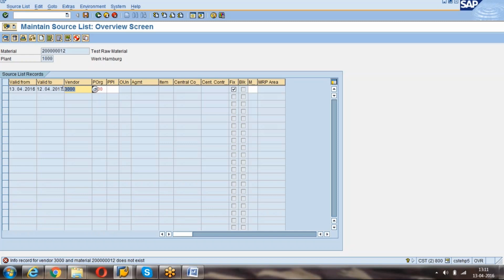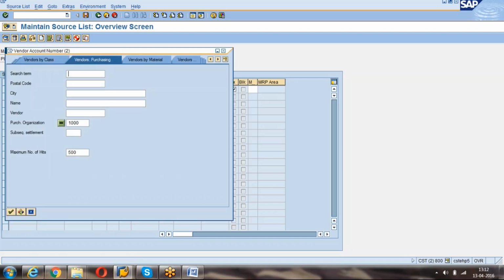There is one more important thing: whenever you want to create a source list, an info record is mandatory. For the vendor for which we have created the info record, only for that vendor we can create a source list.